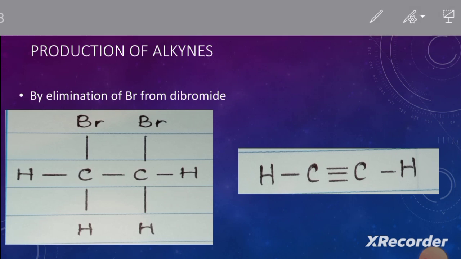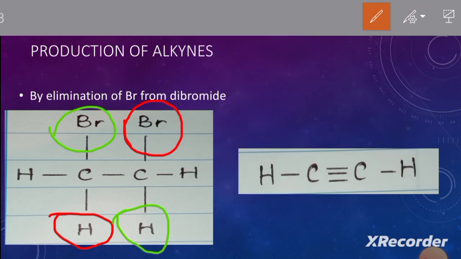According to the Saytzeff rule, bromine goes with the hydrogen of the adjacent carbon. So here this bromine leaves with this hydrogen and this bromine leaves with this hydrogen, making two bonds here